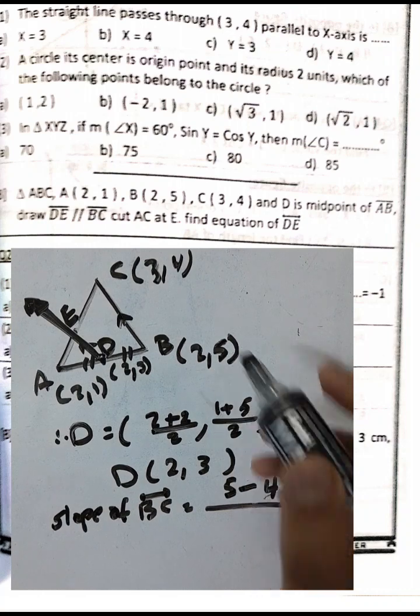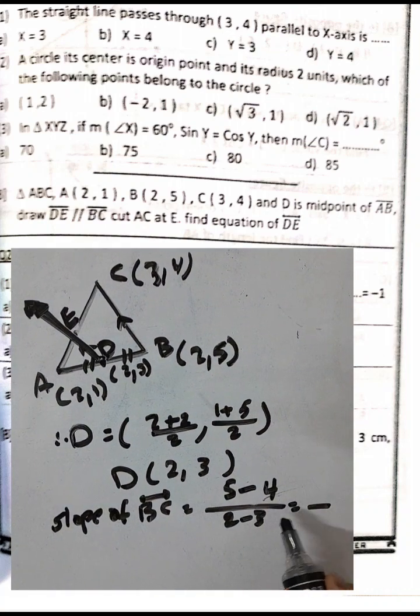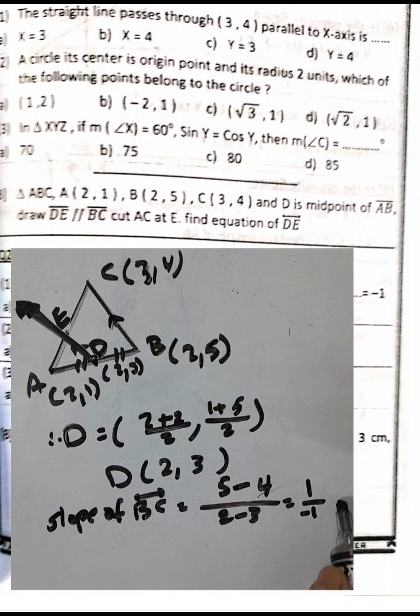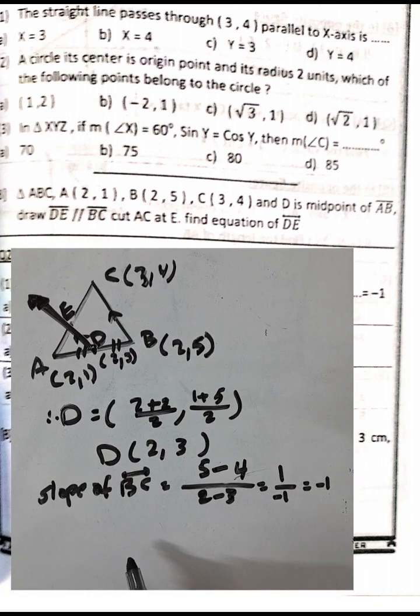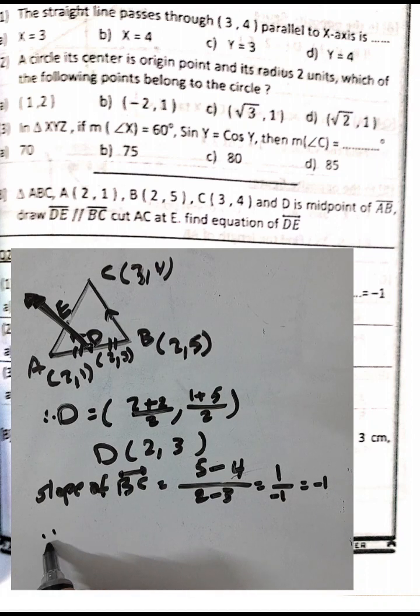5 minus 4 over 2 minus 3. 5 minus 4 will be 1. 2 minus 3 is negative 1. The result will be negative 1. Okay, then the slope of PC will be negative 1,